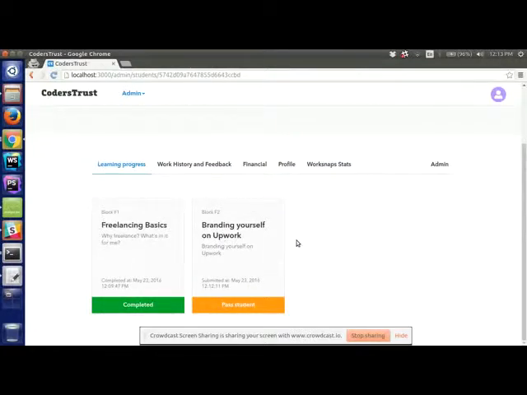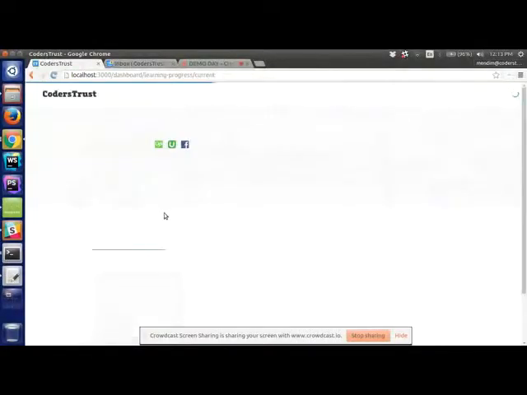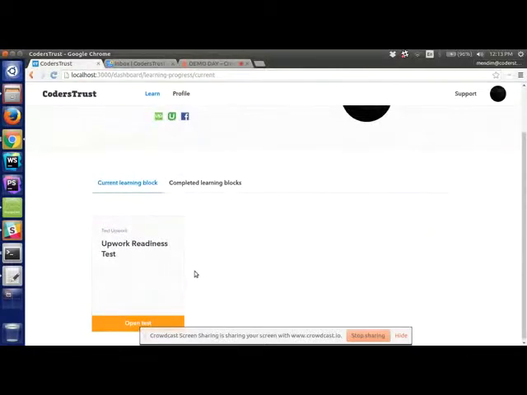So right now we have set that after the block F2 we need a test assessment, and it will be an Upwork readiness test. But the test will be shown on the student dashboard after he passes the block F2. So I'm just gonna click pass, and in the student dashboard, students can now go and take the test.